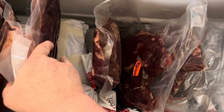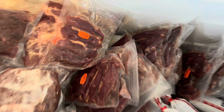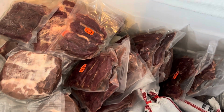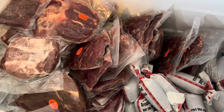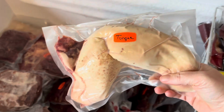Okay, and there's something under there. I'm not sure what that is. It just says beef, 12 pounds. I don't know what that is. I'll have to ask Rusty. We have a friend who wanted us to save. This might be a little gross. I don't know. It's gross to you, but